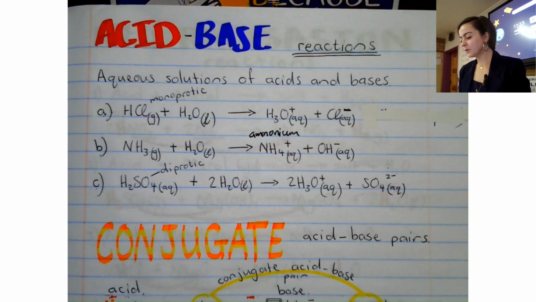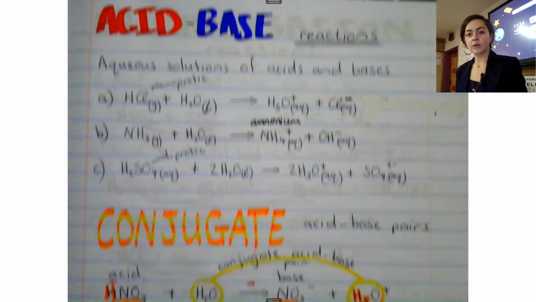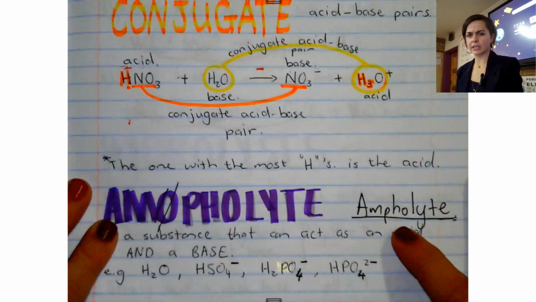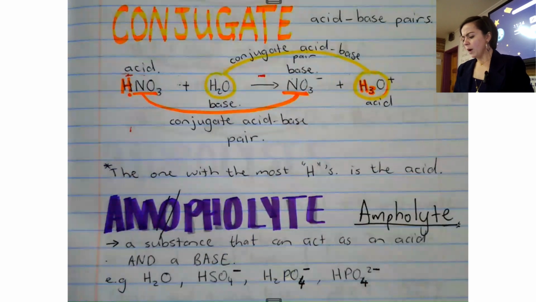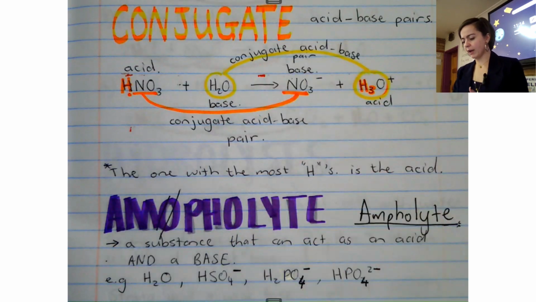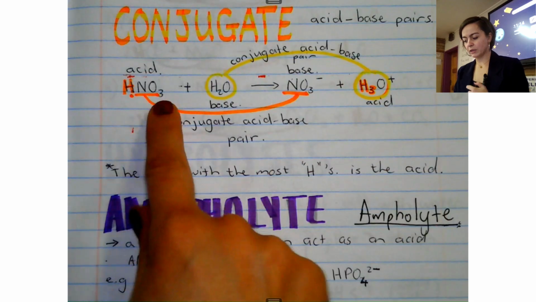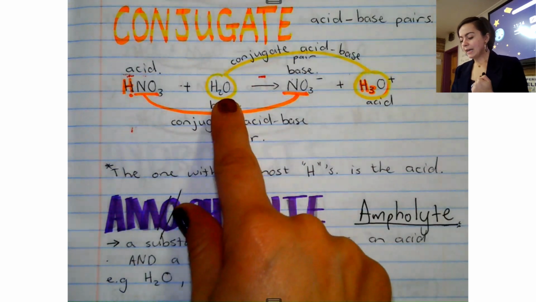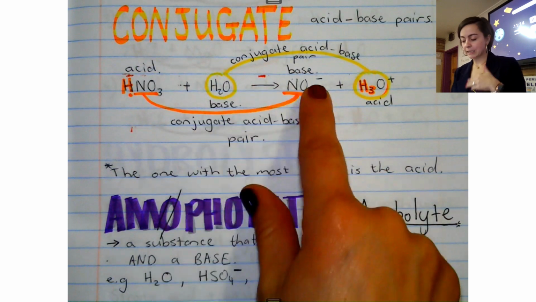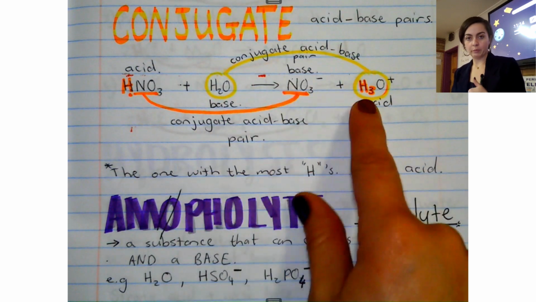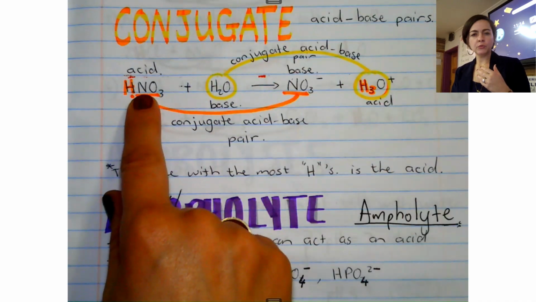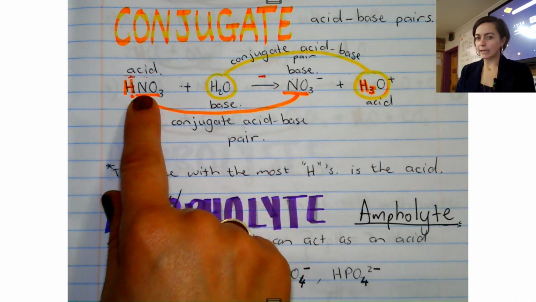Right. Now, conjugate acid-base pairs. So what are conjugate acid-base pairs? Well, in a reaction, you have two substances. So here I have HNO3 and it reacts with H2O. And now it forms NO3 minus in this instance and H3O plus. This we know is our acid. But if you did not know nitric acid,